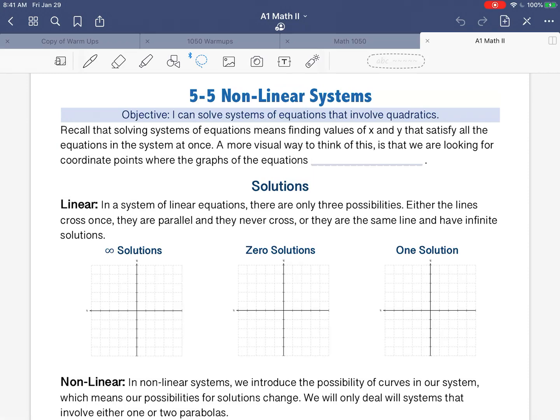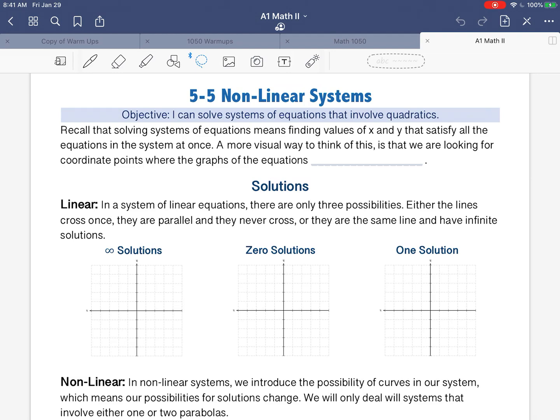This is 5-5 nonlinear systems. So you might recall that you have learned before about systems of equations. Everything that you've dealt with so far has been what we call linear systems, and we'll talk about that in a second,